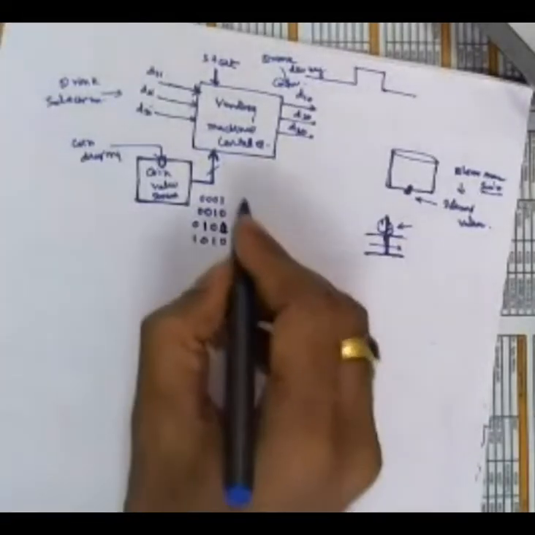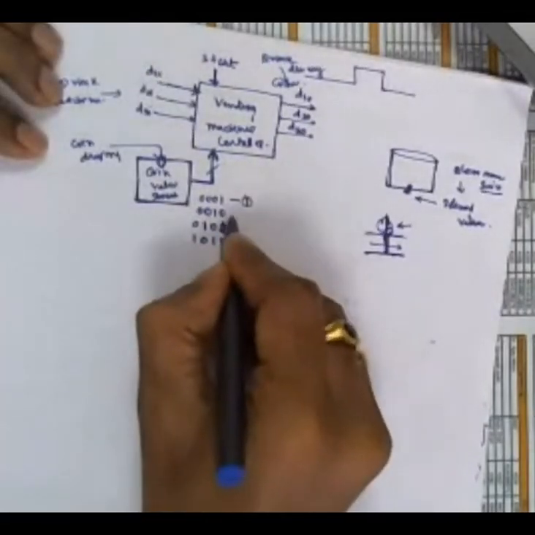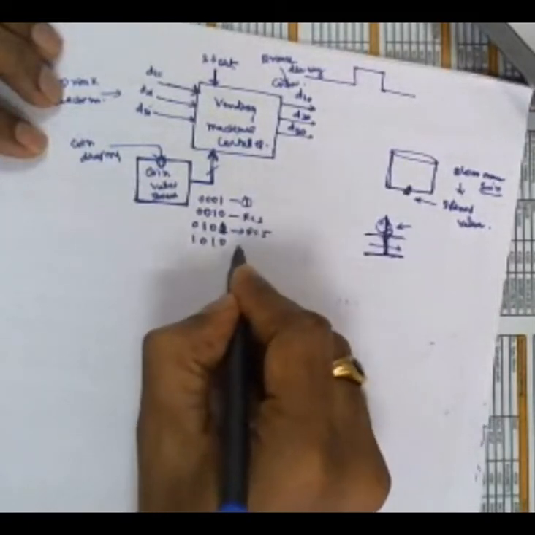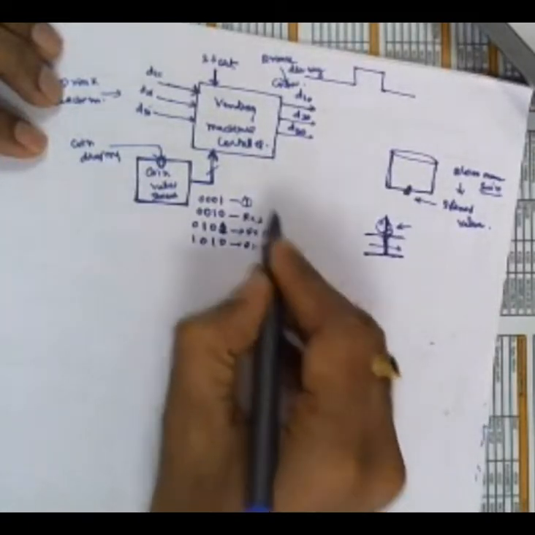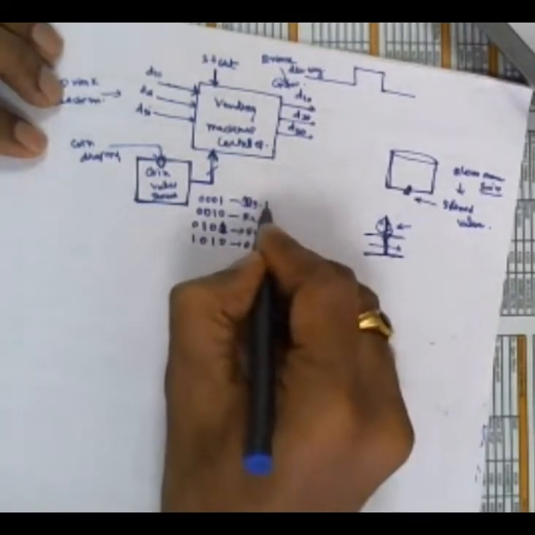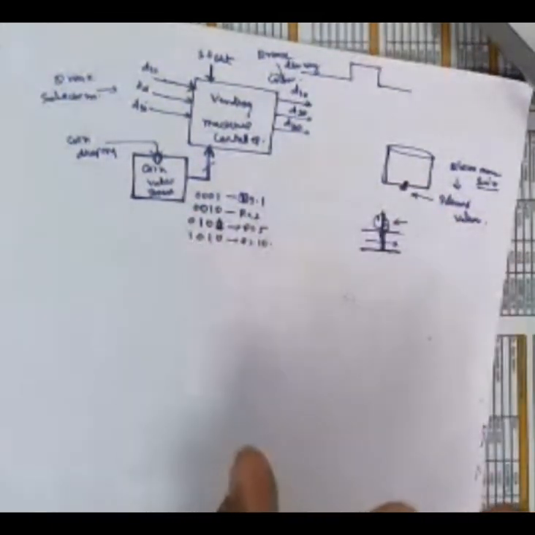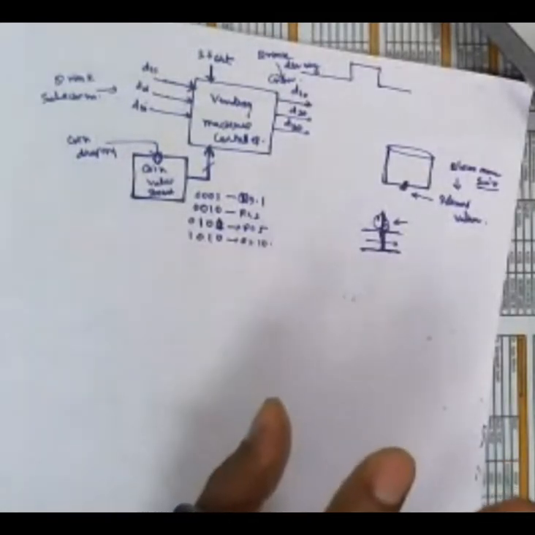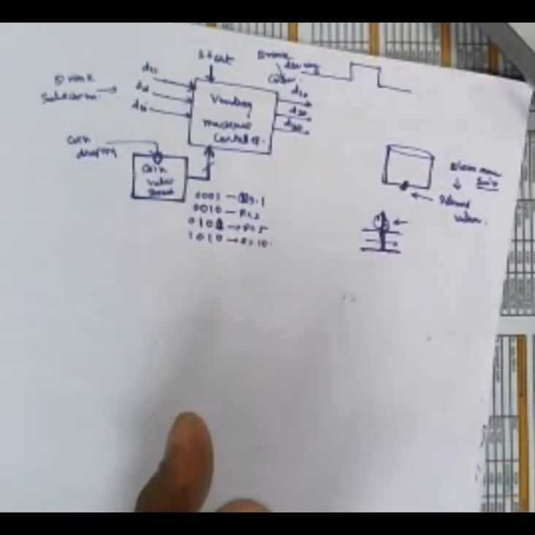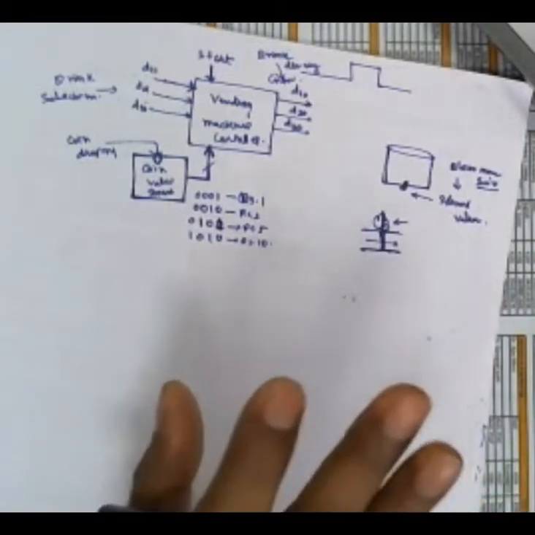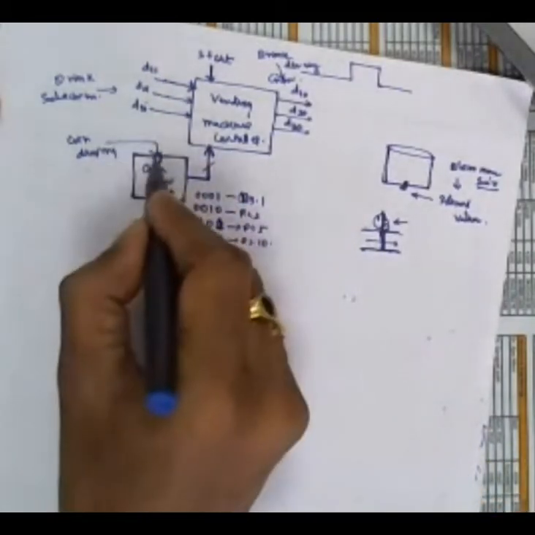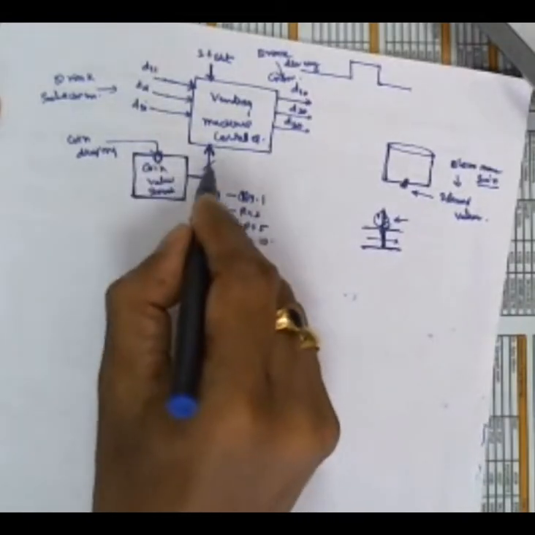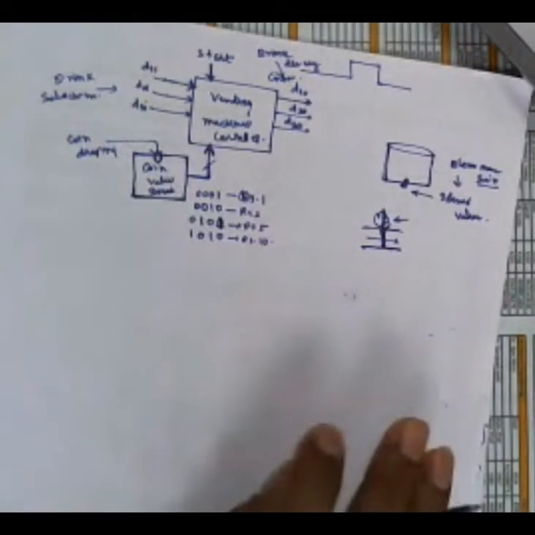Okay. So this is for 1 rupee. This is for 2 rupees. This is for 5 rupees. This is for 10 rupees. Otherwise, we will limit our input to 10 only. Don't go beyond that. We assume. So our system will allow a 1 rupee, 2 rupees, 5 rupees, or 10 rupees coin, right? So the user is dropping the coin through this hole. This fellow is sensing the value, and then it gives the input into this vending machine controller.